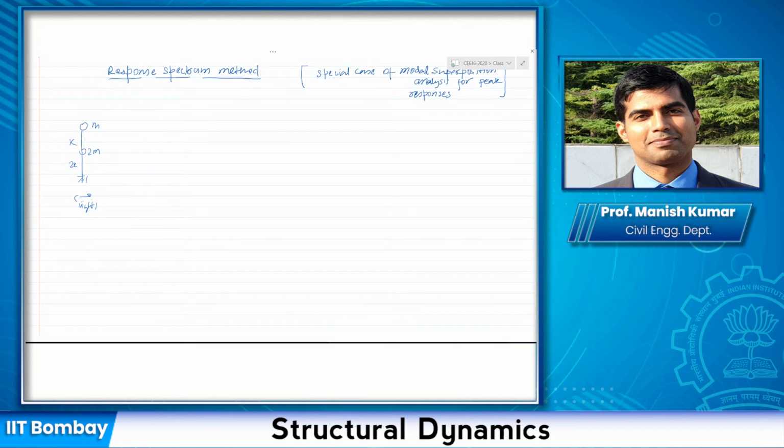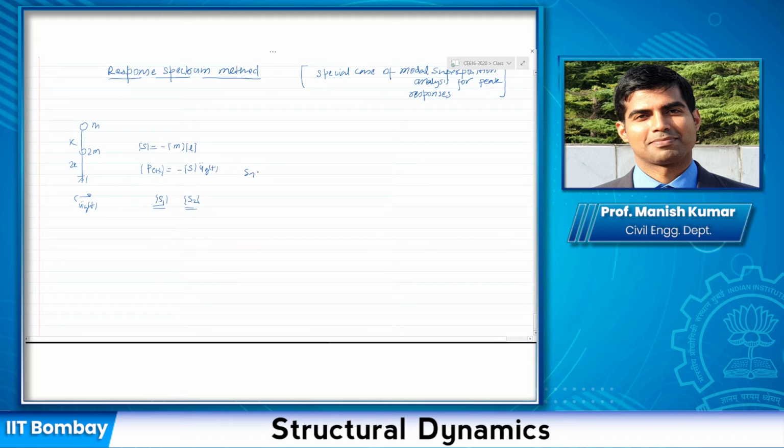Remember, earthquake forces can be written as S times ug(t). What is S here? This is the influence vector. If I write this S as M times the influence vector L, can you find out, now here there are 2 degrees of freedom, so I will have S1 here and S2 here. So get me S1 and S2.